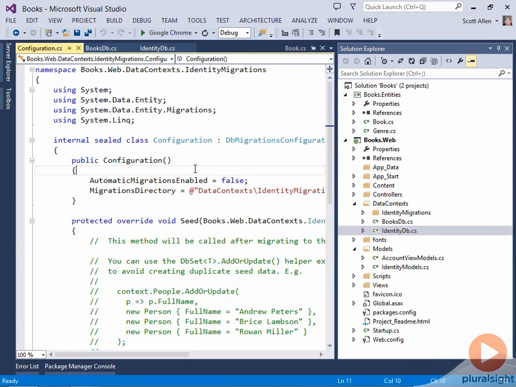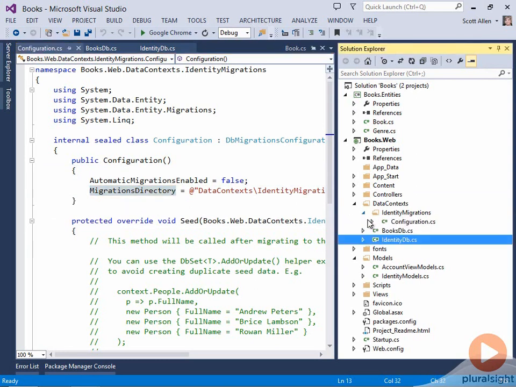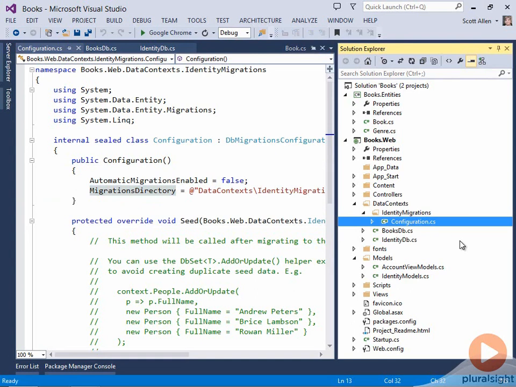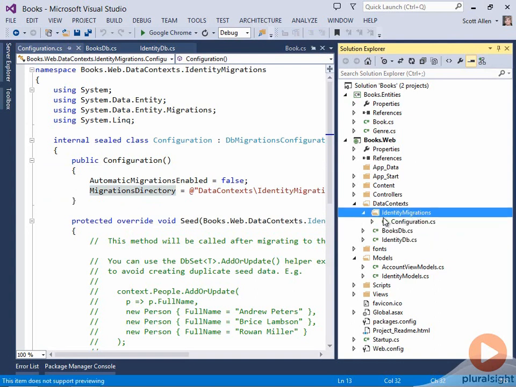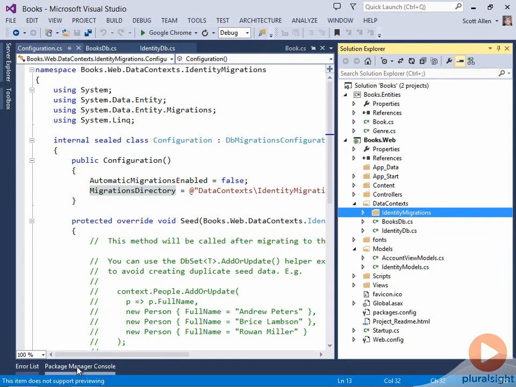This is very similar to the configuration files that you would have seen with previous versions of the Entity Framework, but notice that this version includes a property migrations directory, and indeed that will specify the folder where this configuration.cs file lives. It lives inside of a folder called Identity Migrations that's a subfolder of data contexts. And the idea here is that I'll have a folder for the identity migrations and I'll have another folder for